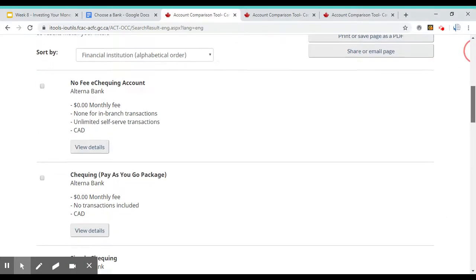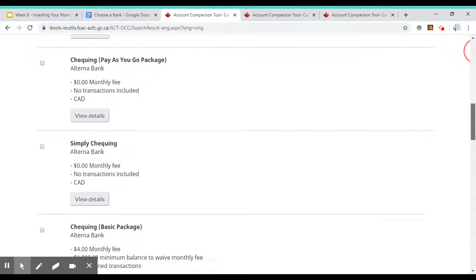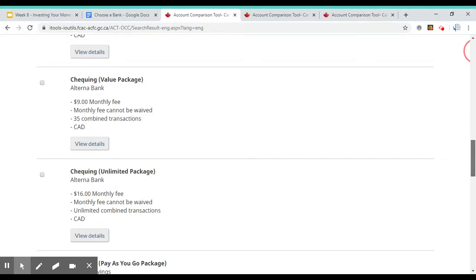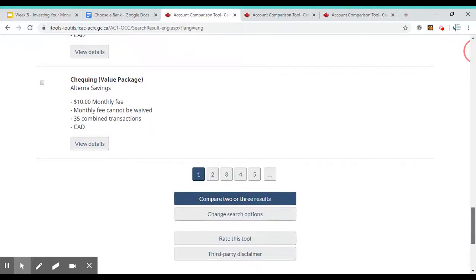So it has now put them in alphabetical order, and you'll notice as I scroll down, I have banks that start with the letter A, right? This is the Alterna Bank. And then when I hit the bottom of the page, I've run out of entries, but there's other numbers. So 2, 3, 4, 5 and ... So if you're looking for BMO or CIBC, they're probably going to be on page 2, 3,